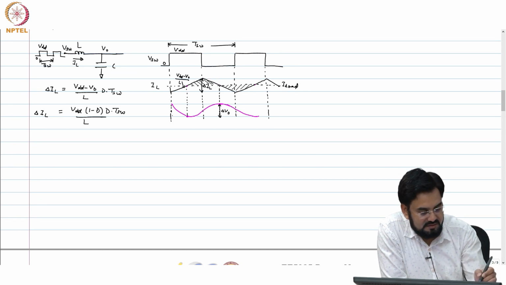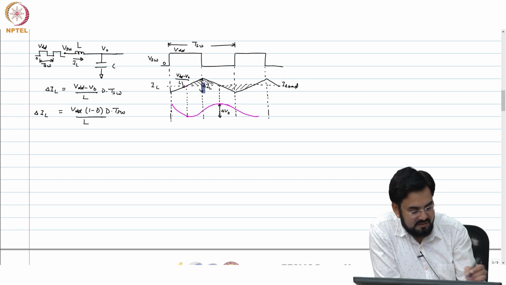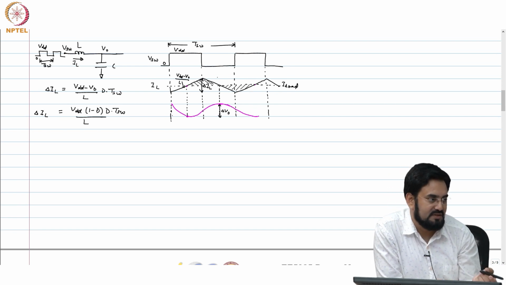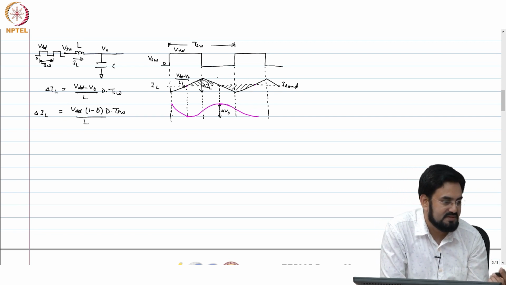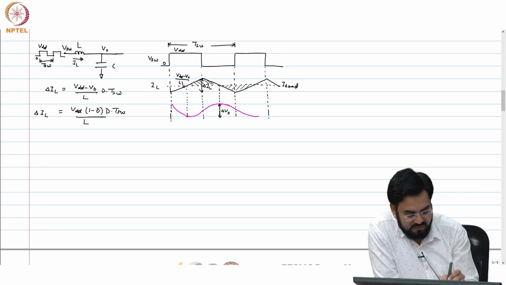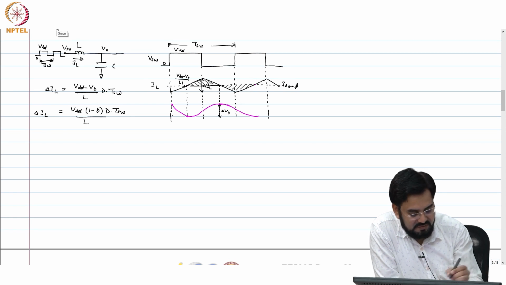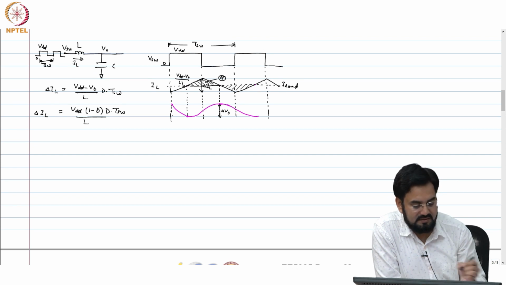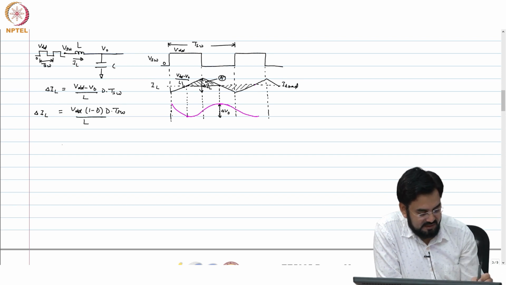Okay. So, I am interested in the area of this. You can do the same thing on this side or the other side, you should get the same, because peak to peak is same for both the triangles. So, this is the area I am interested in, and if I call it, let us say A, the area of triangle A I need to find.